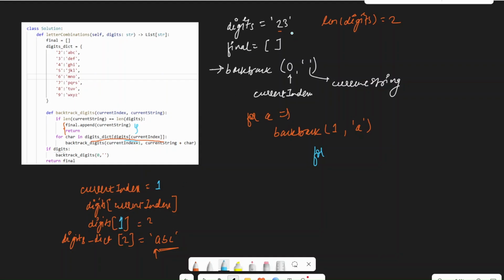If you look here, digits of 1 would be equal to 3. So instead of 2, we have 3. So digits underscore dictionary of 3 would be equal to, instead of this, we have D, E, F. So that's how we have for D, first character in the string that we have for the loop. So for D, now again, we are evaluating